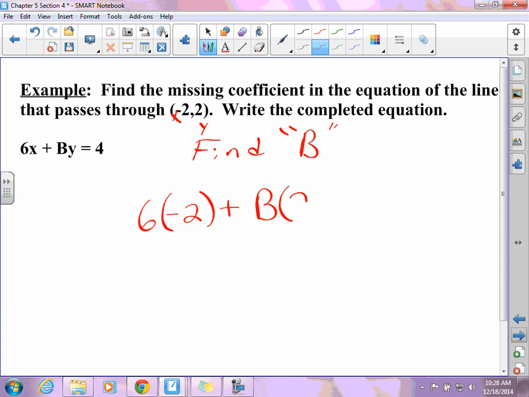Okay, now we're going to solve it. So 6 times -2 is -12 plus. Now, I do not like this as B2. What should I rewrite it as? 2B. That's correct. Equals 4. Okay, now what do I do? Very good. I'm going to add 12. Notice I'm showing my work. They cancel. 2B equals